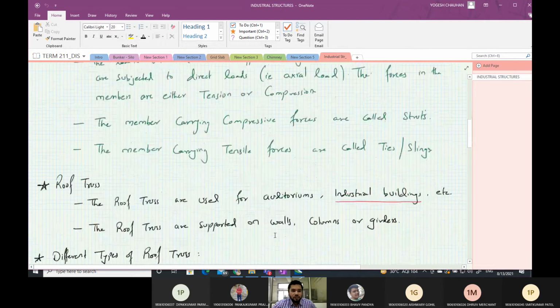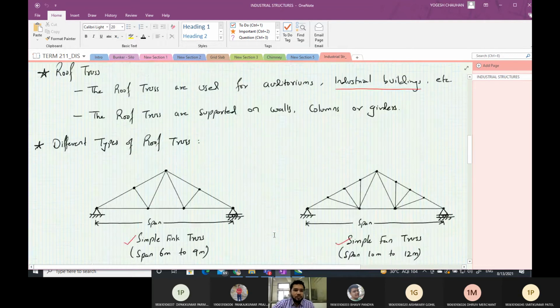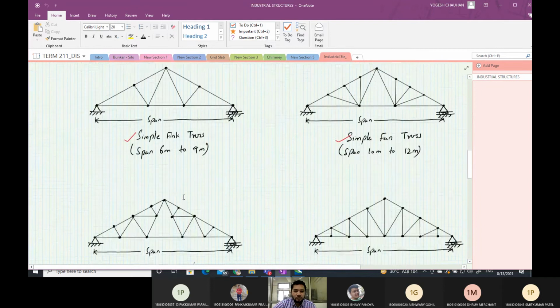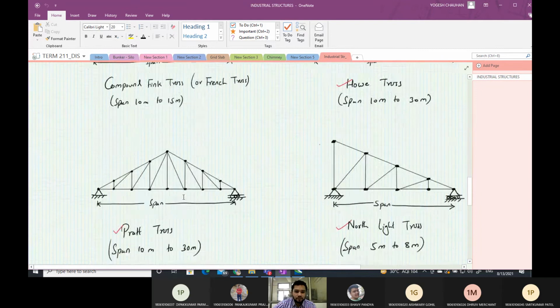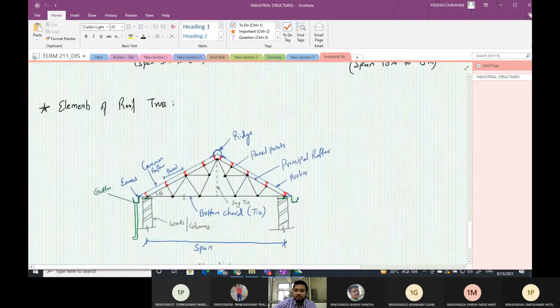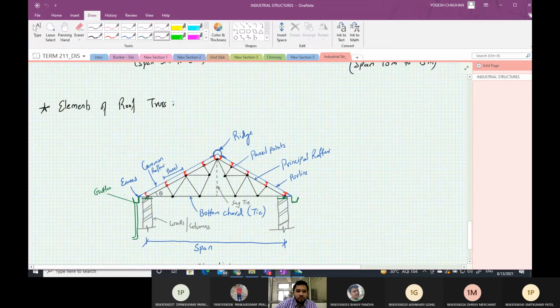Then we have seen different types of roof trusses for different span ranges, and then different elements of roof truss. This is the ridge point. The distance between two purlin members is called panel. These are common rafters, which support the roofing. These are called panel points.